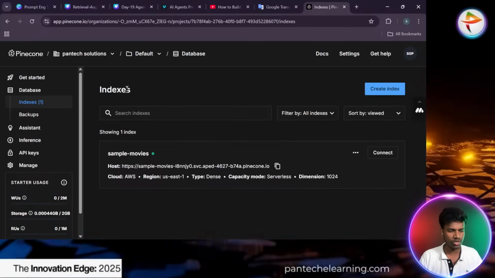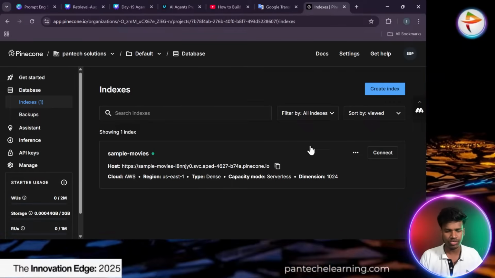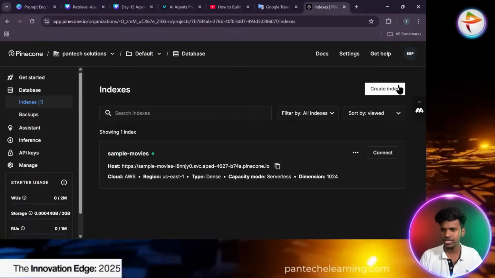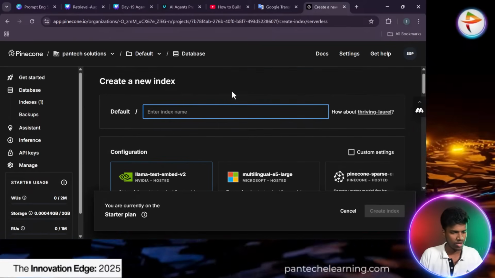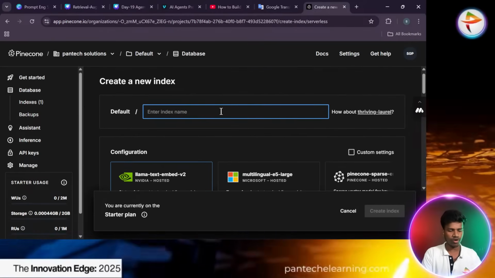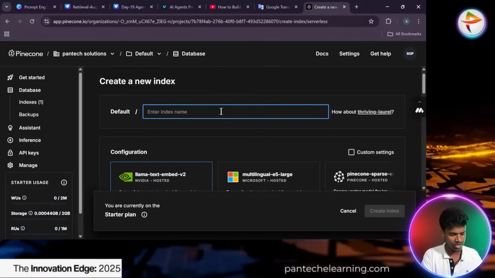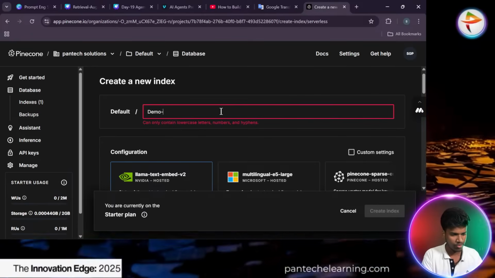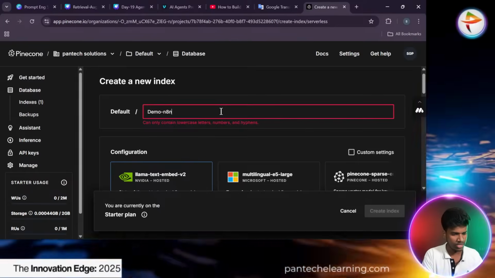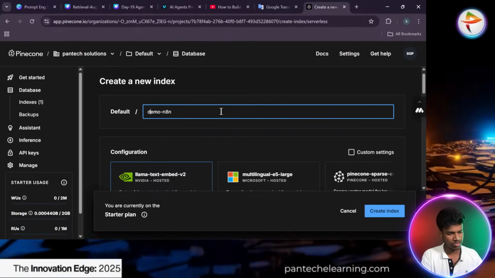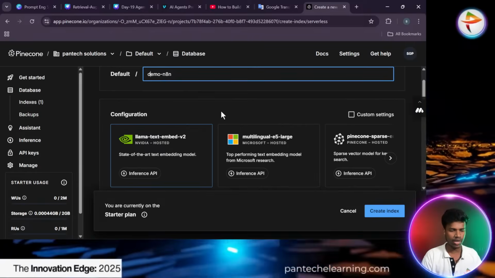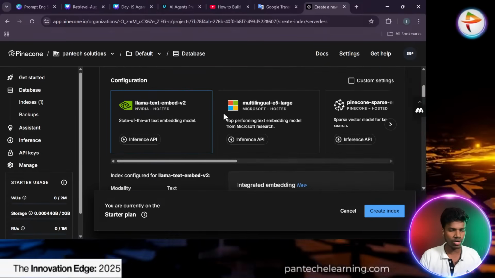That was the previous one. If you want to newly create one, you can go with create index. Now at the top right you can see create index. They ask you to give a name for that. For example, I will give a demo N8N. I think it's case sensitive. So demo N8N, like that I have to give a name. And here you can set your